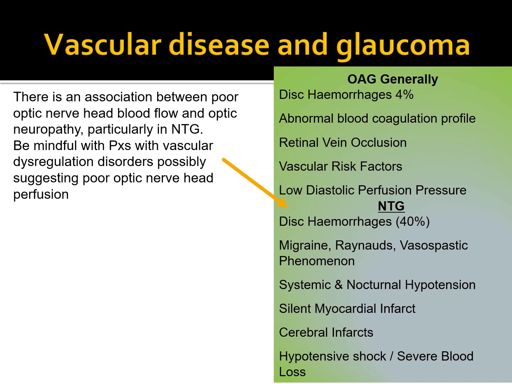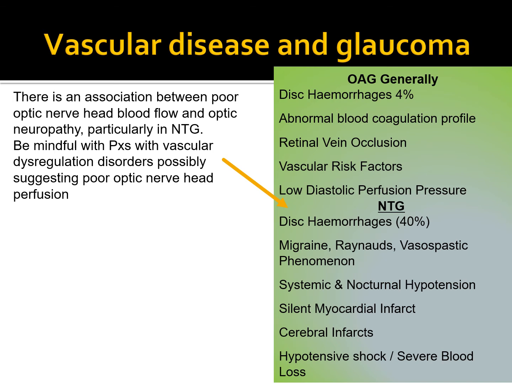I have an example of a lady who I saw. I was just doing a normal case history, so I knew she had migraine. I knew she had very high cholesterol levels. She had a few other things like that. I can't quite remember exactly what, but it was only when I then looked at her optic nerve head, and the pressures were only about 12, I looked at her optic nerve and I thought, holy, this is different. So then I went back and actually thought more about her